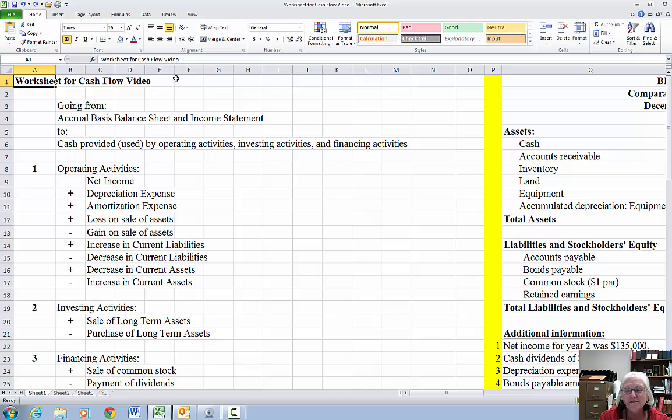When I studied cash flows, I made mistakes every single time that I worked on it. And then when I started teaching it when I was in Texas, my mentor, Dr. Milton Jones, introduced me to the T account method. And I haven't made a mistake since then, and it is so easy to do. It may be intimidating at first, so just buckle down, pay attention, rewatch the video as many times as you